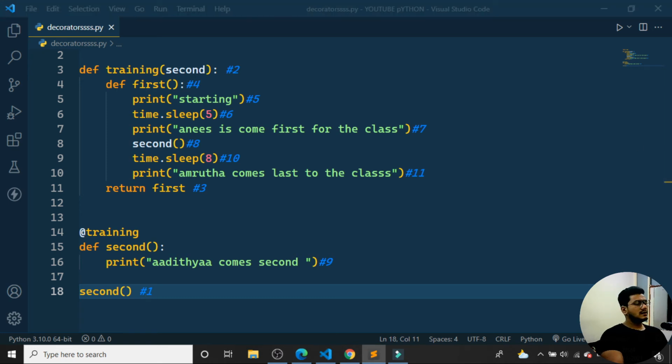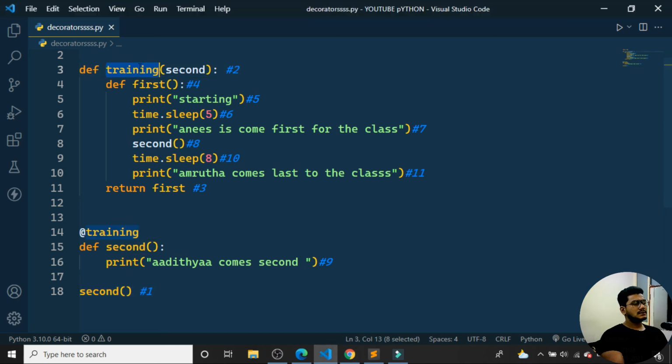Okay, so this is the very simplest way it works. Basically the function name as well as the decorator name should be the same thing. When I'm calling a particular function that I need to make a decorator, before running this function, it is saying, yes, it is a decorator function. It first goes to the decorator, takes the argument as second, whatever is there, and goes here. Then it is returning this one.